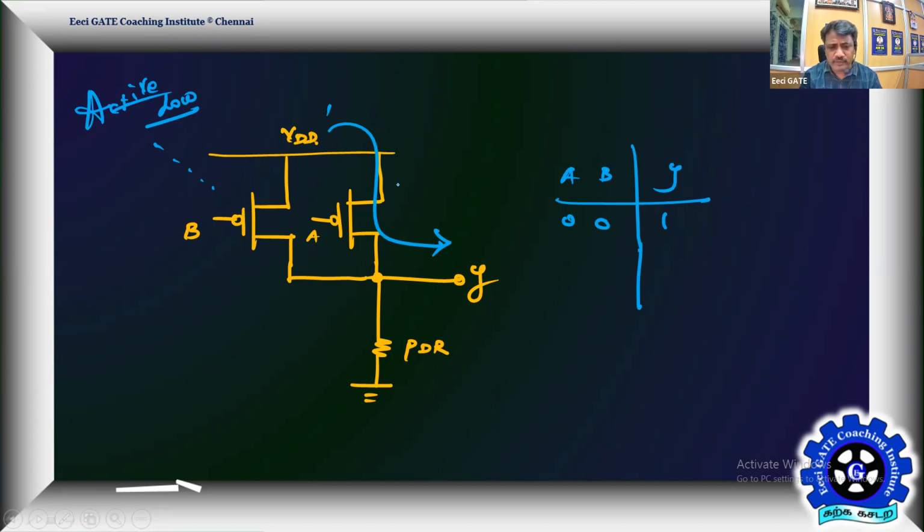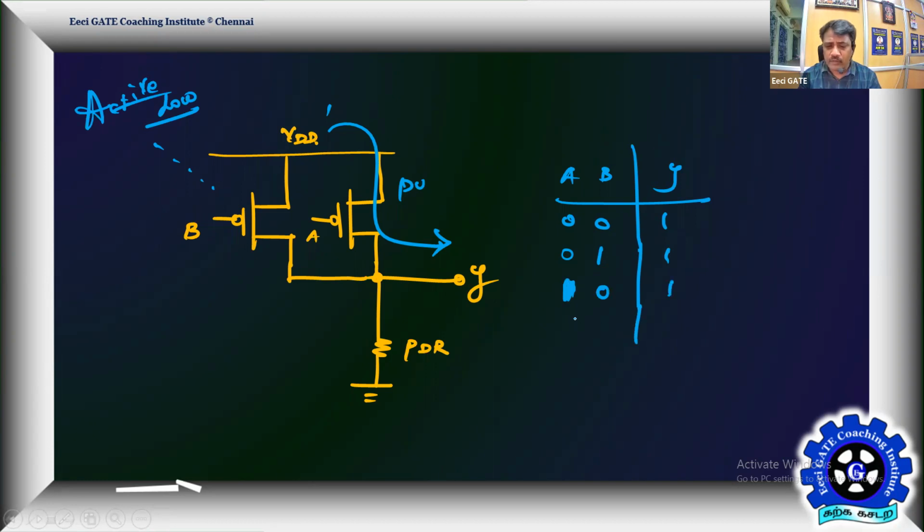When you talk about data passing 1, you're talking about pull up. So PMOS transistors are passing a strong 1 to the output. If any one PMOS is on, Y will be connected to 1. Here both are on. Here the PMOS connected to A alone is on. The PMOS sensing B is off, but A alone being on is enough. Data will pass through A, and B is in off condition, but no problem, Y will be 1. So if any one of the inputs is 0, one of the PMOS will turn on and connect logic 1 to the output Y. So 0, 1 and 1, 0 are also going to be 1.